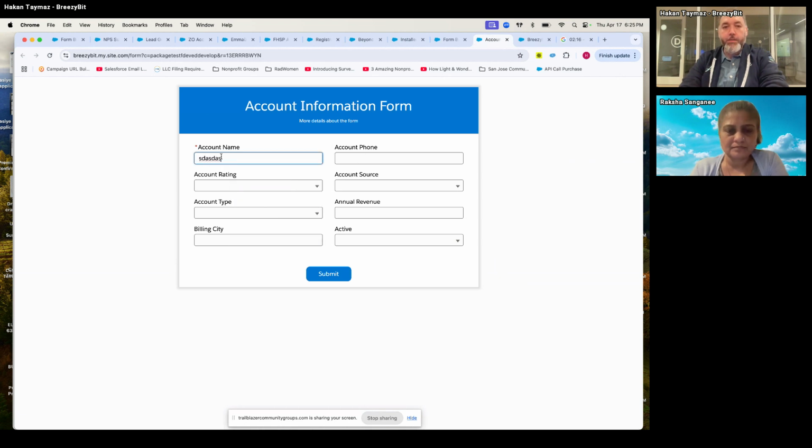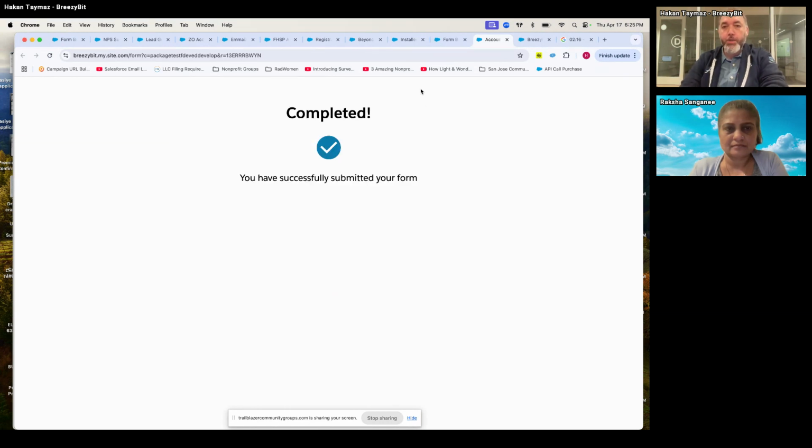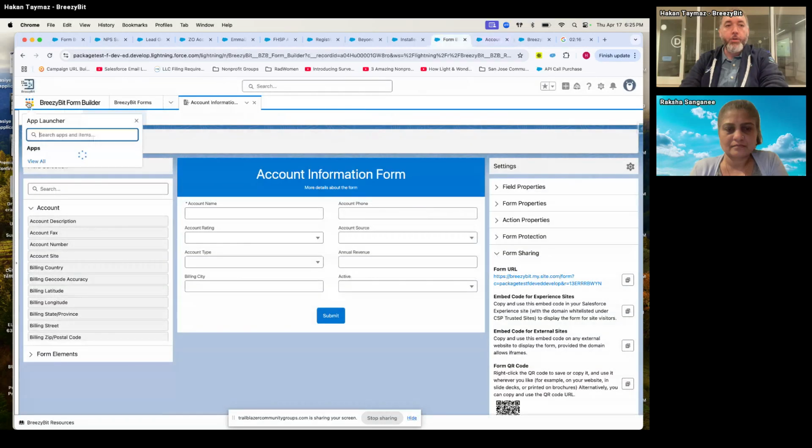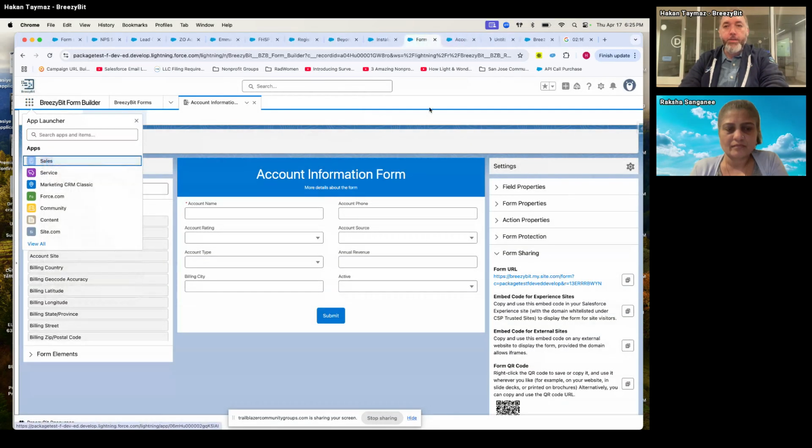And you can enter some information, let's say test account, and then account phone. There are validation rules, of course, in the backend. It won't accept it if you enter something strange in there. So you can use pickup fields, you can use any kind of fields, just some information here, and some numbers, and then San Jose, and no. So when you do the submission,